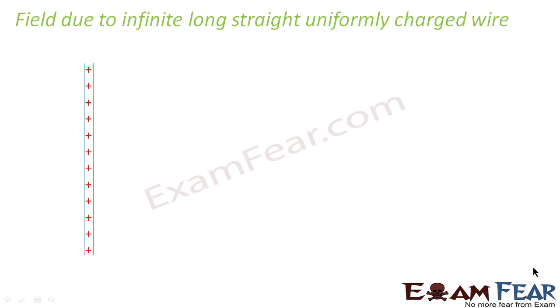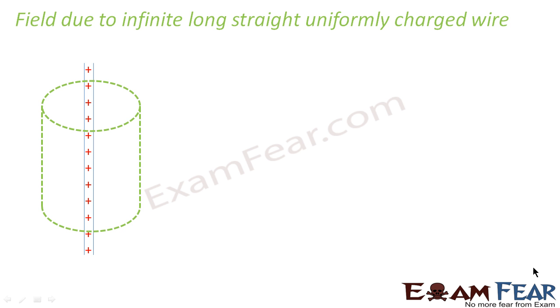Now before applying Gauss law, how do we apply Gauss law? We have to choose a closed surface in such a way that the closed surface encloses this uniformly charged wire to some extent. Now with that we will apply Gauss law. So in this case, let us suppose I choose the Gaussian surface as a cylinder which is enclosing the long straight uniformly charged wire.